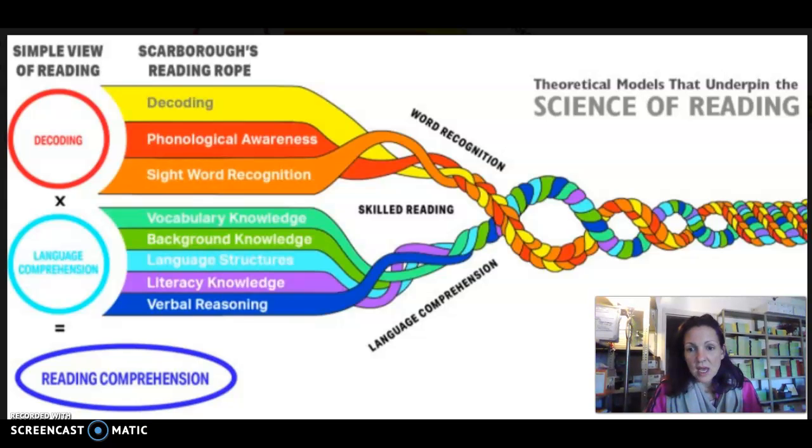Hey everybody, I'm trying to do a little Pocket PD here, and today's Pocket PD is going to be about the science of reading. We're in our knowledge building year here at Cedar Grove and in the county for this shift to structured literacy and the science of reading. And today I want to look at Scarborough's reading braid and think about it under the umbrella of small group